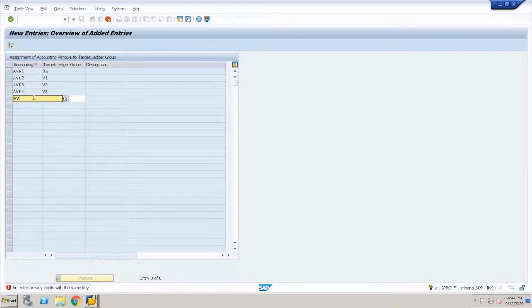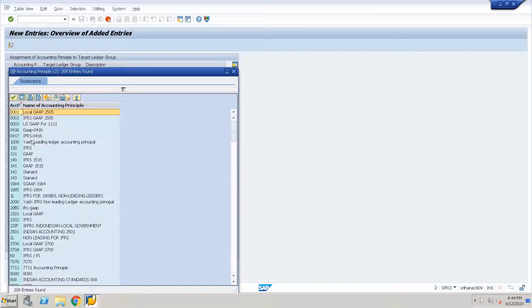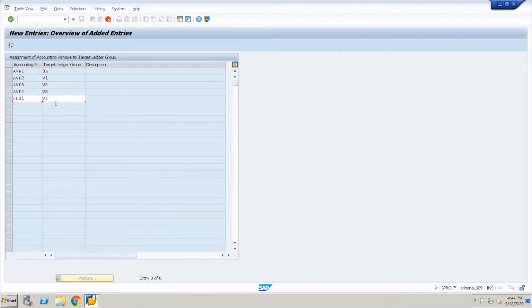Okay, so this is not possible. So let me assign some other accounting principle here to V4. So maybe I will take 0001 and assign it to V4.